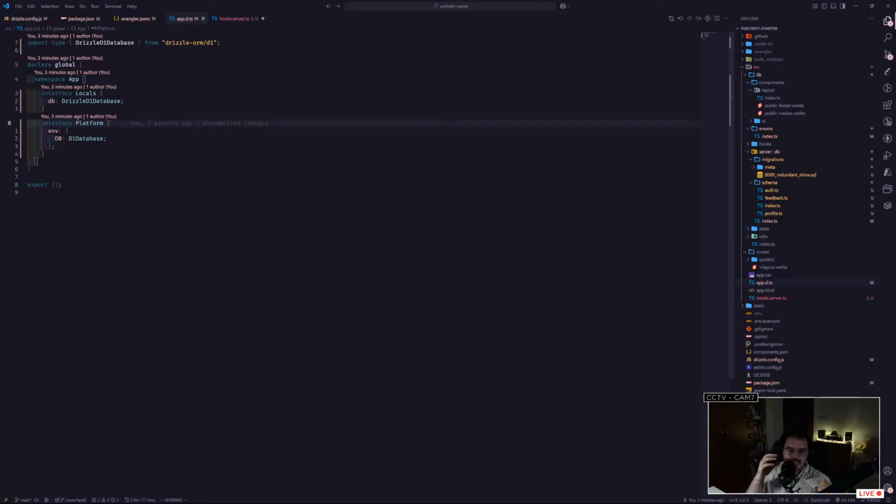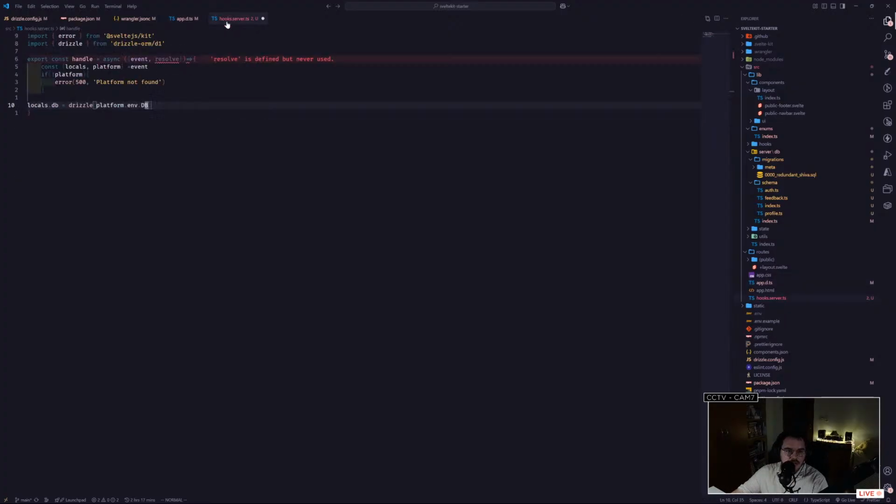So imagine that we have various things that we do, like authenticate the user, we will have sign in, sign out, sign up, we'll have actions for those, and also loading methods. So all of those will have access to anything that we put here in locals. So it's shared across